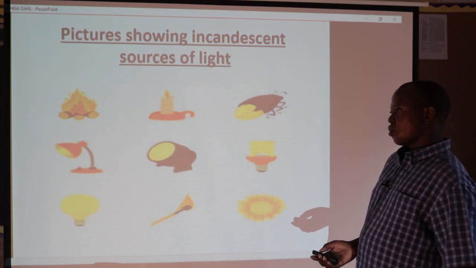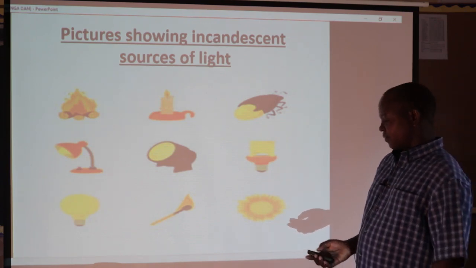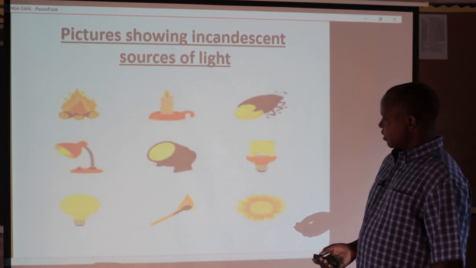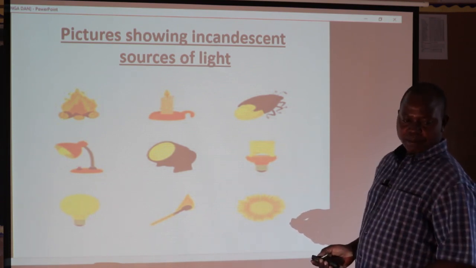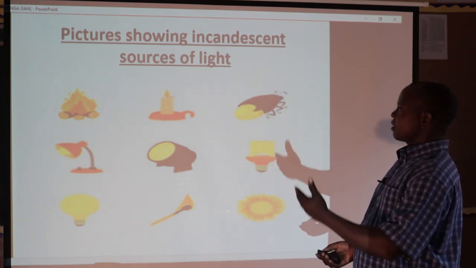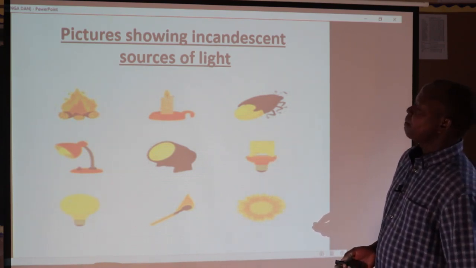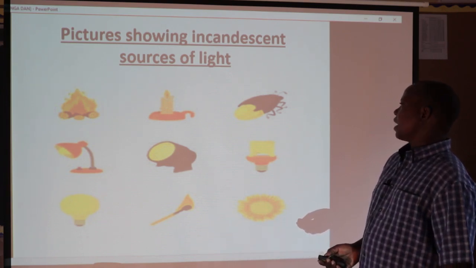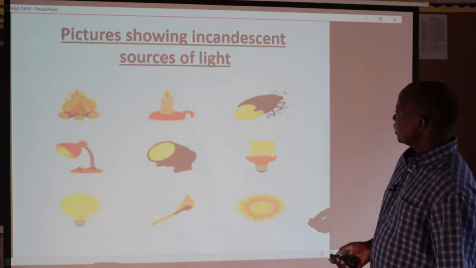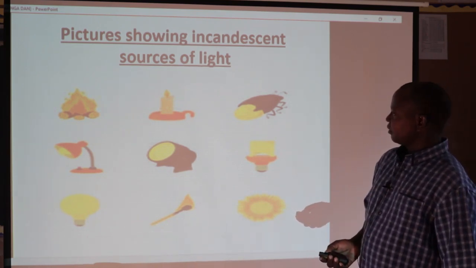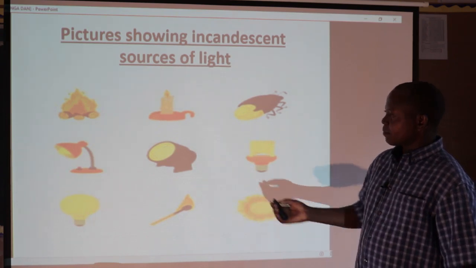These pictures show some examples of incandescent objects. I told you we brought those ones that are a bit challenging for you to draw. We have the first one, that's burning firewood. Second one is a burning candle. The next one we have a glowing insect. Then we have those are lamps,